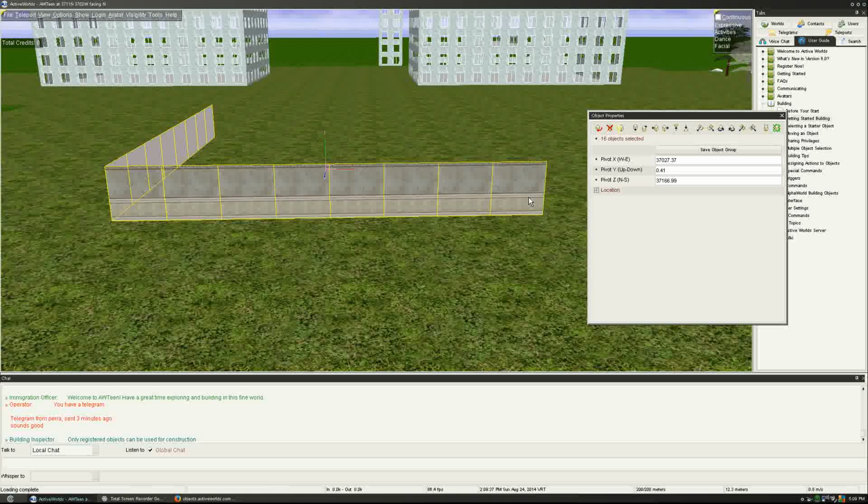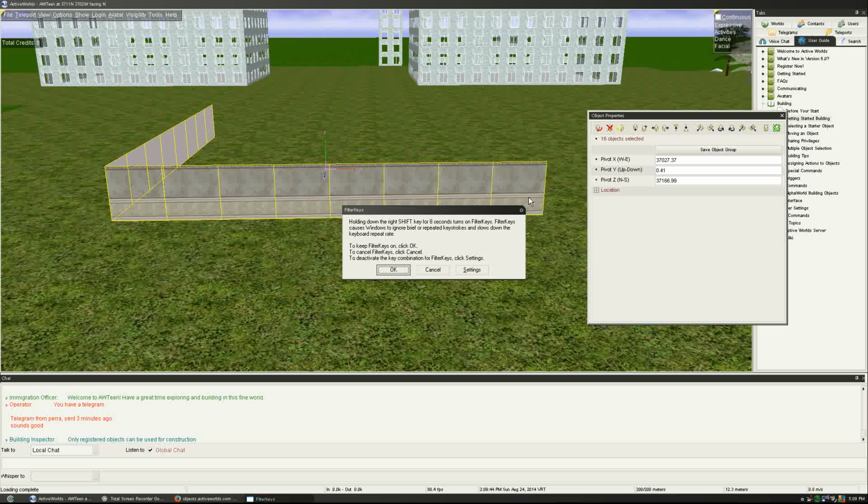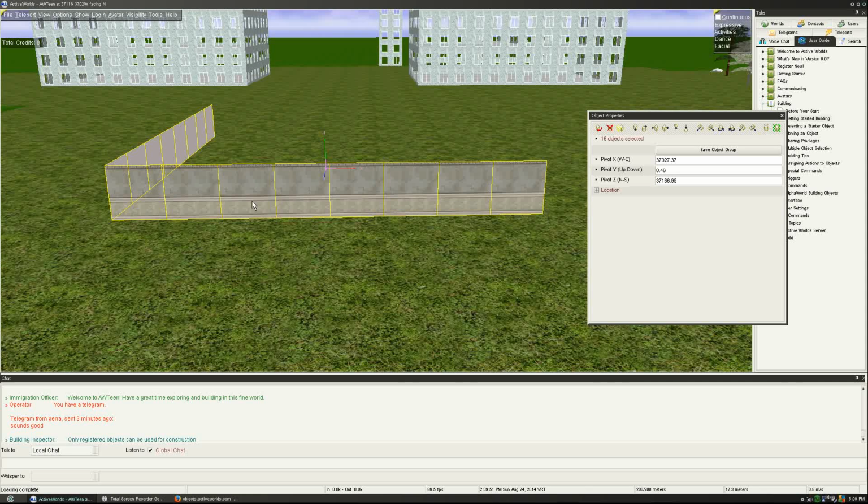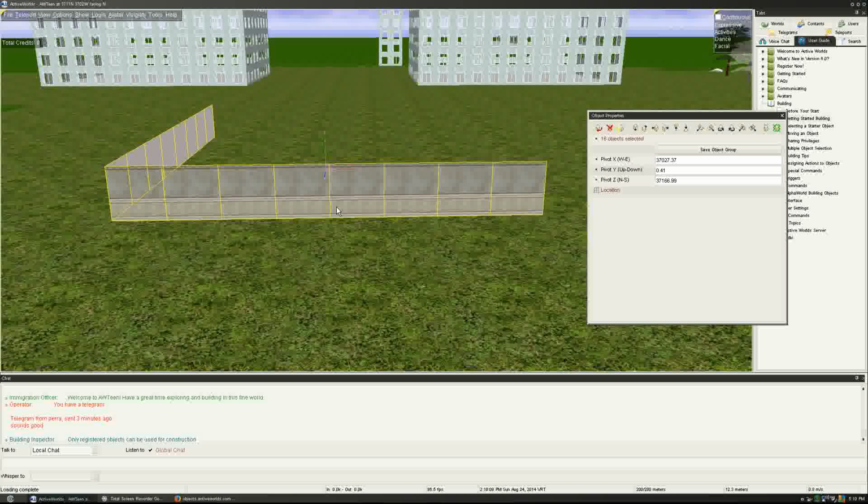Hold Shift and press the plus button, or if you're on a laptop, use the FN key and whichever key you designated to move up with. It's going to give me sticky keys because I'm holding the Shift for too long. Okay, now, boom. Did you see that? It's a very slight upward. Down. Up. Down. Up. Down. Alright, so if you use normal pluses and the normal minuses and you don't hold the Shift, it's going to be quite vast. Now, if you use the Shift, be very careful when you use it